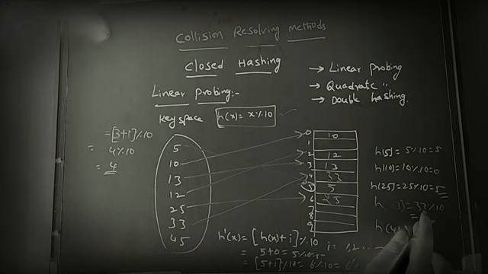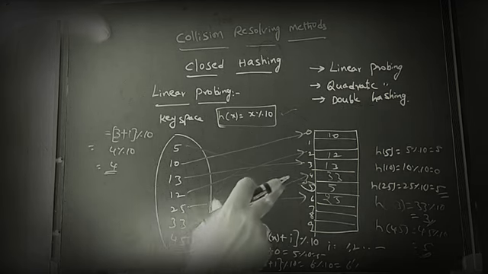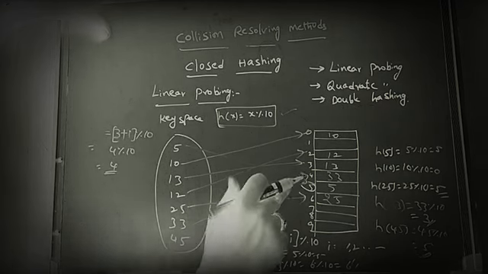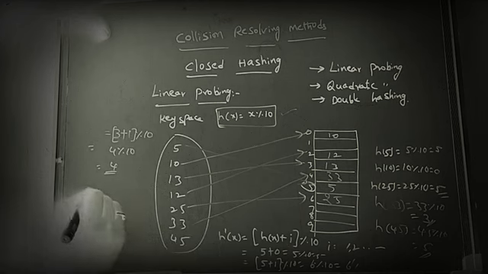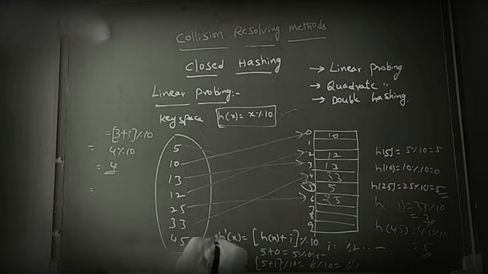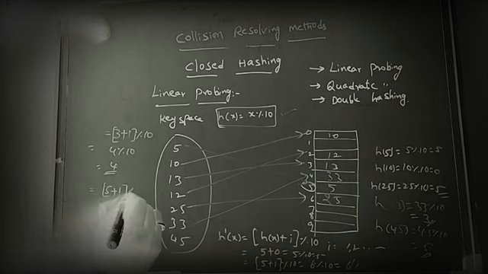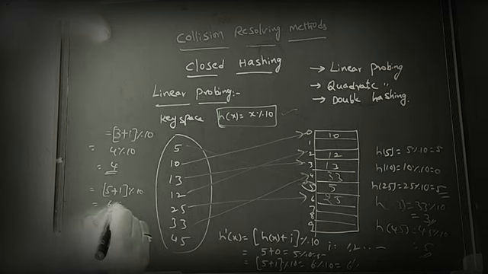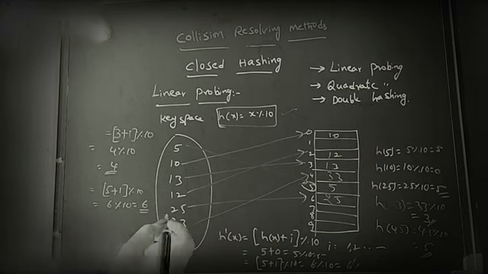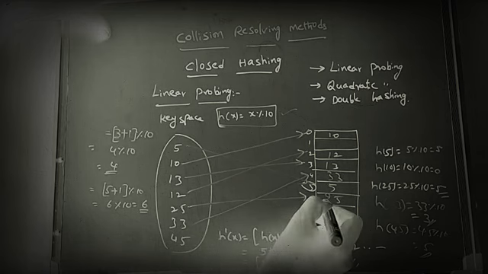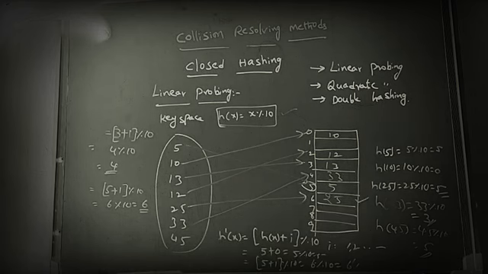45 mod 10 remainder is 5. So check the index 5 is empty or not. If it is not empty, so then go for this formula. So what is the h of x? I apply this formula directly here. H of x is now 5 plus I start from I value 1 mod 10, that is a 6 mod 10, remainder is 6. Check the 6 is empty or not. As 6 having another, again the collision is occur.